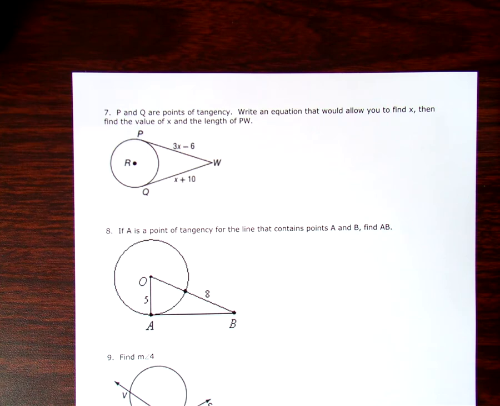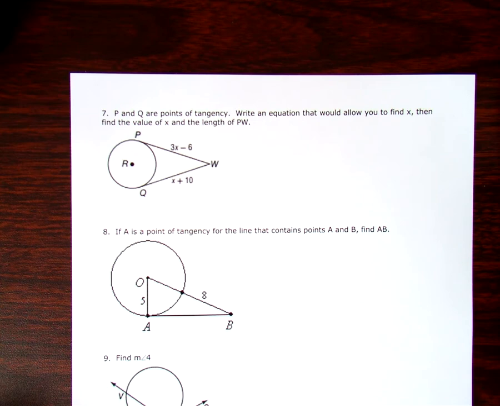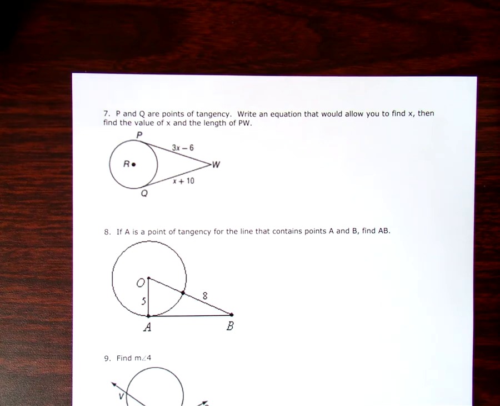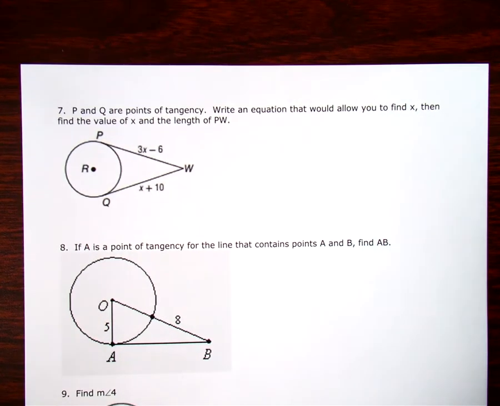We're looking at example 7, starting at the top of the third page of the 9B test review. So example 7, points P and Q are points of tangency. Write an equation that would allow you to find x, then find the value of x and the length of PW. Okay, so as I'm working through this one, the first thing I'm going to notice is that since I